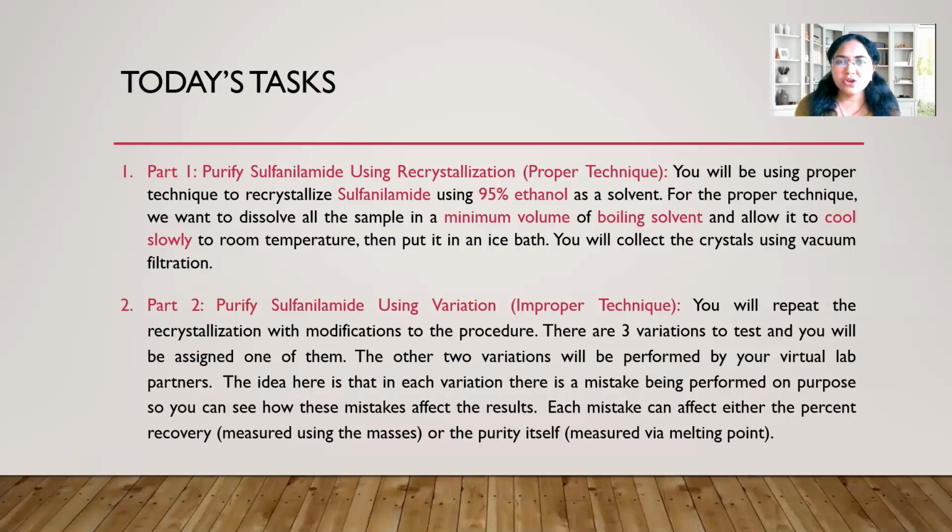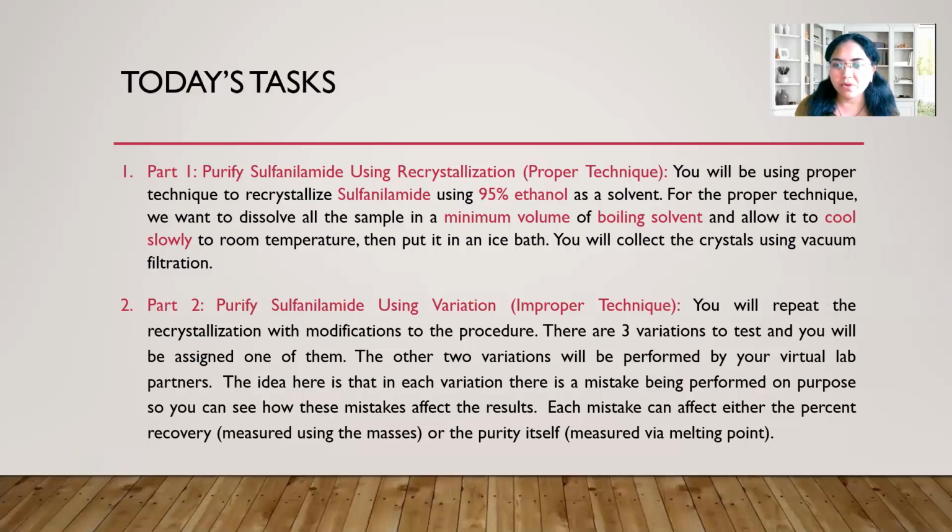In part 2, you will repeat the recrystallization with a modification to the procedure. There are 3 variations to test and you will be assigned one of them. The other 2 variations will be performed by your virtual lab partners. The idea here is that in each variation, a mistake is being made on purpose, so you can see how this mistake affects the results. Each mistake can affect either the percentage recovery, which is measured by the masses, or the purity itself, which is